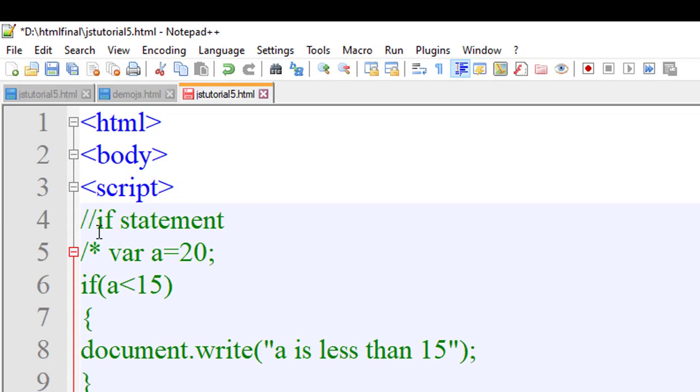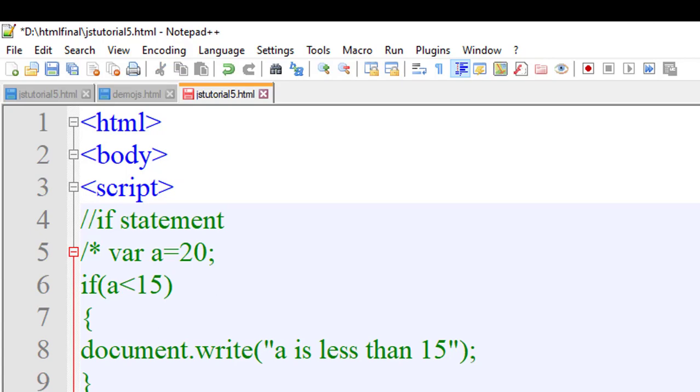Means double slash is the single line comment and slash asterisk is the multi-line comment. You can write the comment in more than one line. For that we will apply the asterisk slash sign.